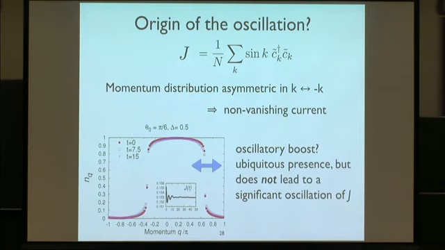Then also, as I said, in the initial state you have a ground state, which is basically a momentum-boosted ground state at zero flux. So one natural expectation is that you have some momentum distribution, and in the initial state you have a shifted distribution. Then maybe this momentum distribution function oscillates as a whole. That is, this momentum boost may oscillate. Then, if that is the case, you can expect oscillation in the uniform part of the